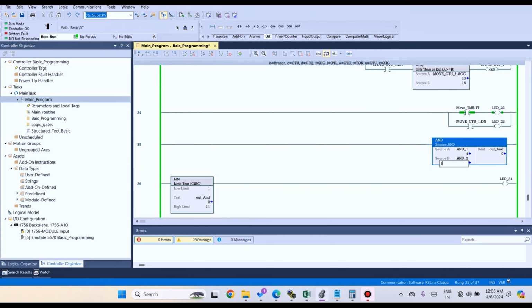Next, if output will be 12 on, how? Okay, because output 4, output 13, output 14, output 15, source B 16, 17, 18, 19, 20 on.